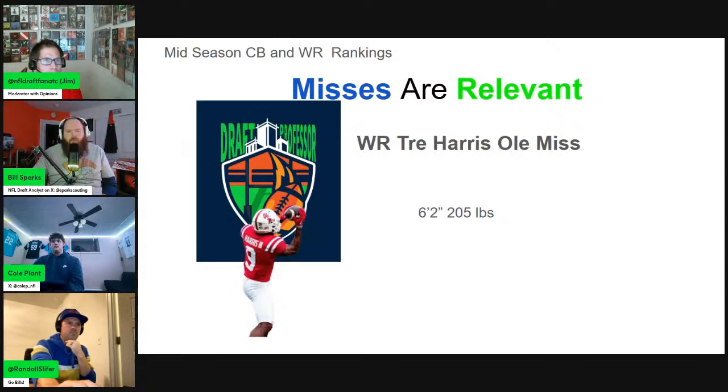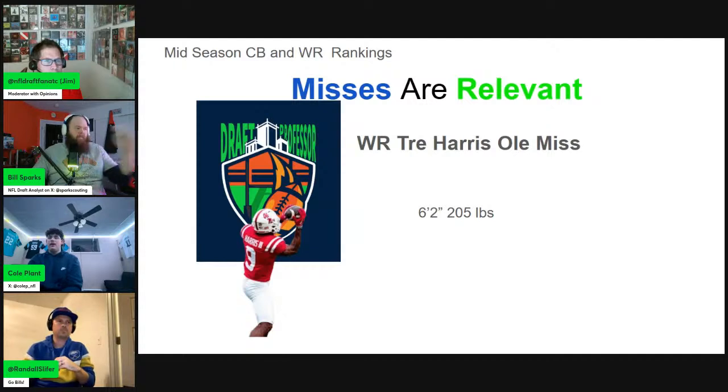But Cole, what did you see on Tre Harris? Yeah. So size profile is really nice. He's just under that 6'3" threshold. I've spoken a couple times about how I get a little scared with those bigger receivers that are in that 6'3" and a half plus area. He has a nice weight profile to him. He's really filled out. What Bill said about he doesn't hear footsteps,